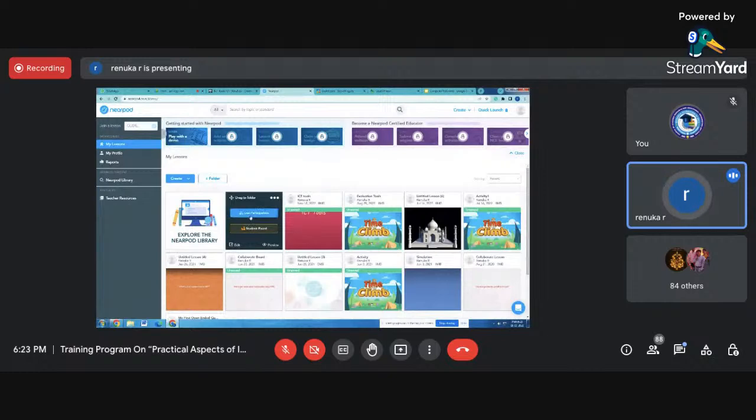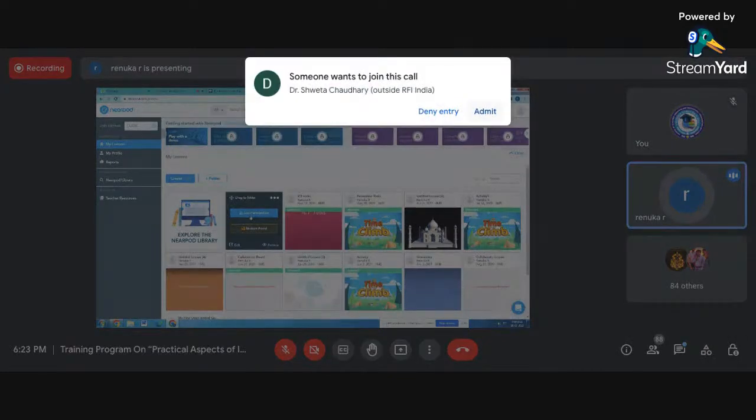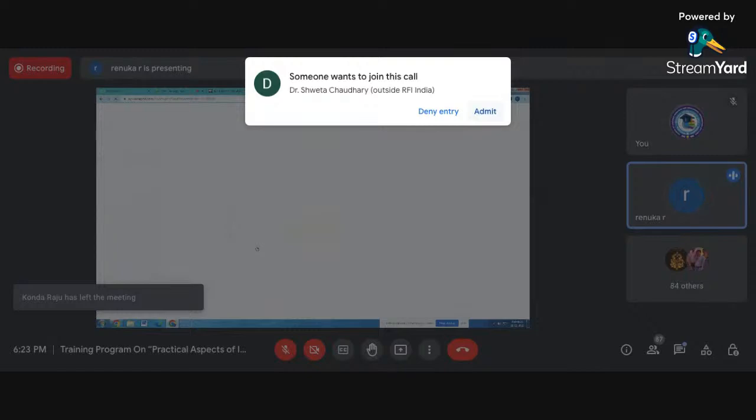it has two options. One is live participation, which we have just done, or we can go with the student-based option, which means at the student's comfort, they can do this activity at any time. And one more thing is here you can share it with other teachers. You can get the report. Say, for example, just now I conducted this activity. I want to know how many have participated. All the reports will also come in the form of a PDF file,